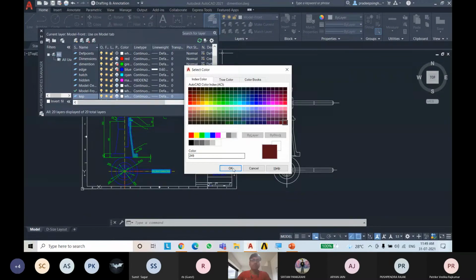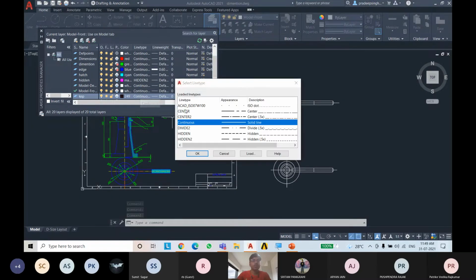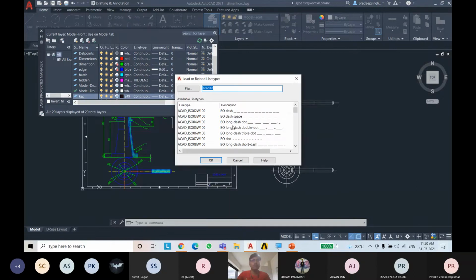I will choose this color, brown. Then come to the line type and click here. You can see that I have used a different line pattern for center. You can select the line pattern from here. There are some preloaded options, and you can also choose from a different list. Just go there and click Load. You will see different types of patterns like dash dot, dash, divide, dot.